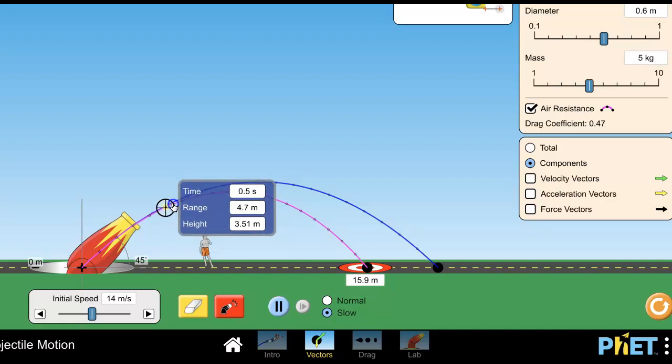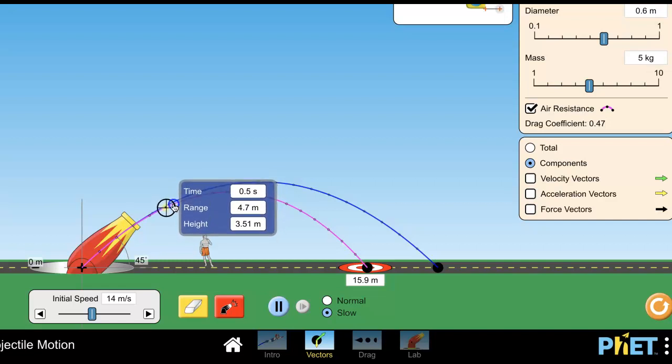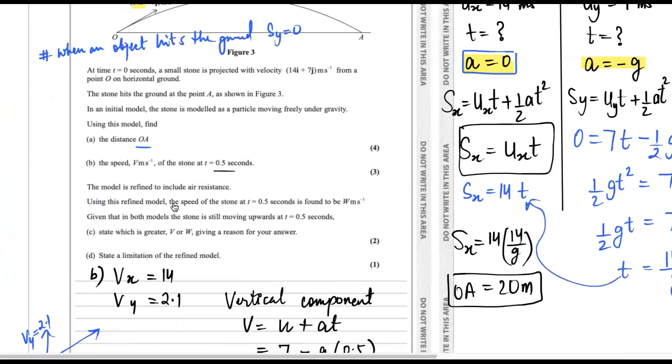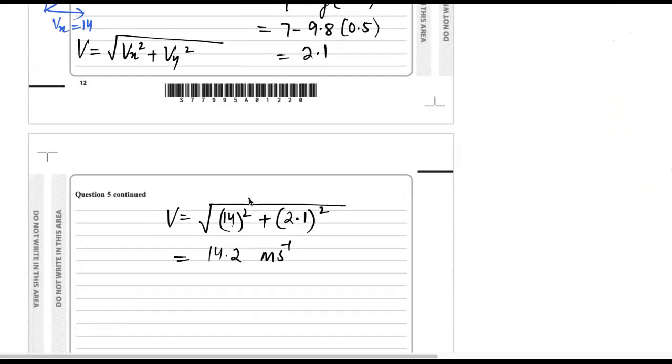So you can see it reaches a height of 3.51 meters, and there it is 3.72 meters. So it is covering more. It is moving faster when there is no air resistance and a bit slower when there is air resistance. Obviously air resistance is not a very strong one, and we don't know a lot about the speed or direction of the wind, right? So we can conclude. It's for 2 marks. Obviously I have discussed a lot, but it's for 2 marks.